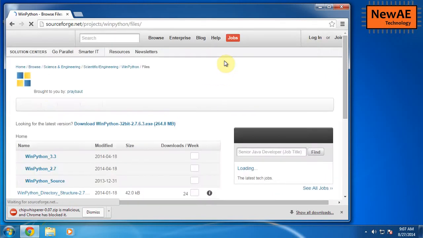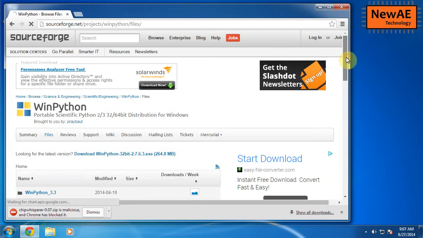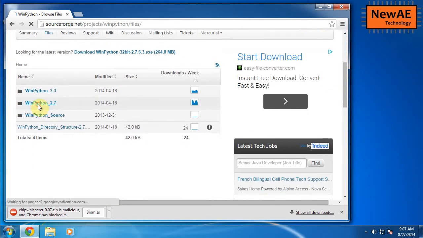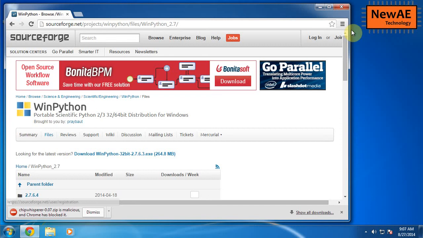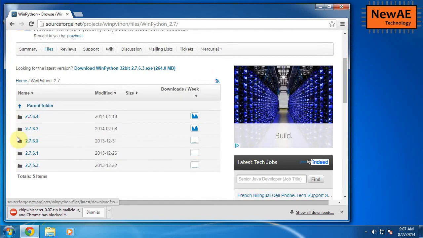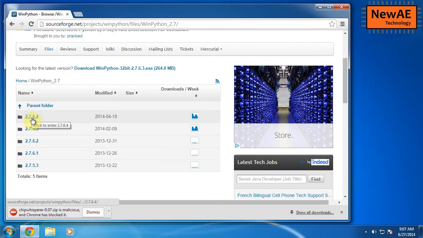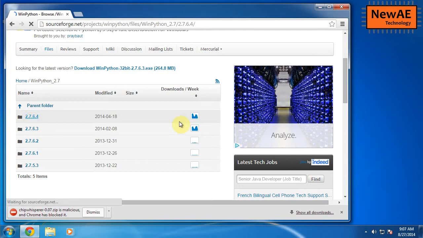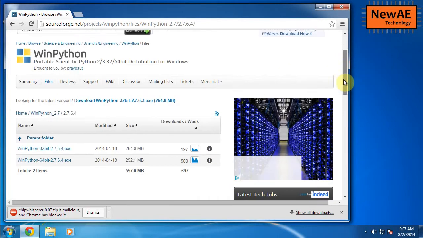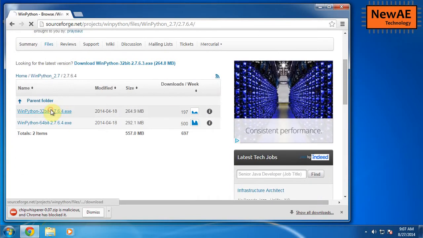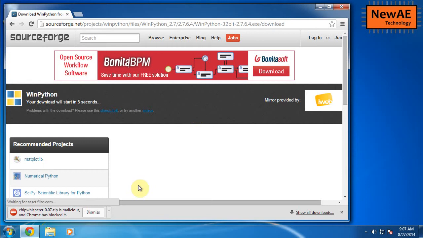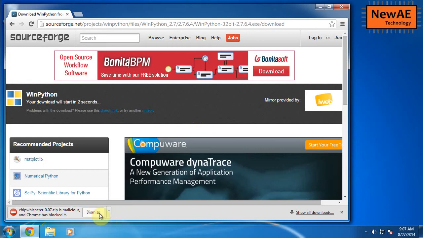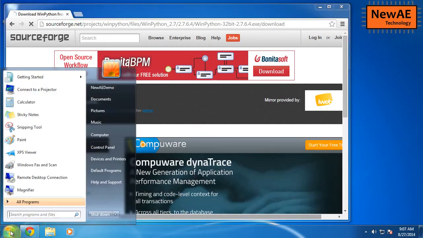as you might be working with large data sets. I'm going to use the 32-bit version for this tutorial. So WinPython 2.7, the latest, 2.7.6.4, and 32-bit. We'll download that and then install it. In the meantime, actually, Chrome for some reason has blocked this download, so we'll use